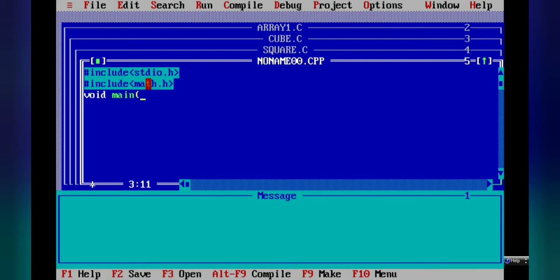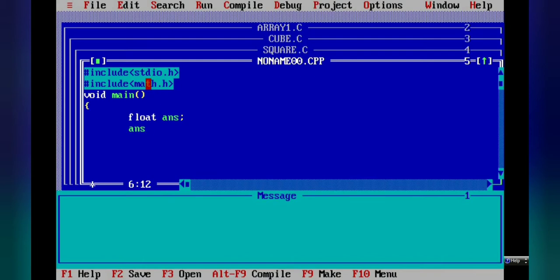Now, opening curly bracket, and we will define the variable as a float. Data type is float, variable name is answer. Now in the answer, we want to get the power value of a particular number.